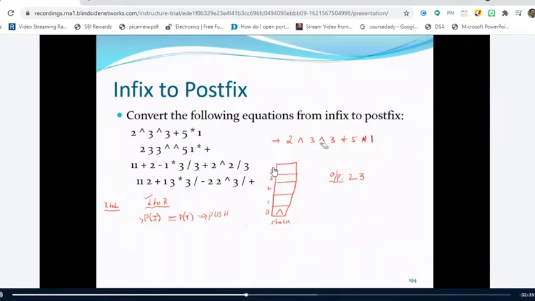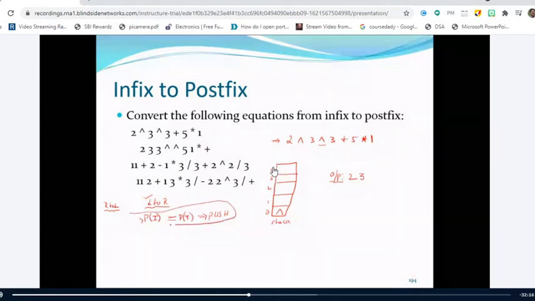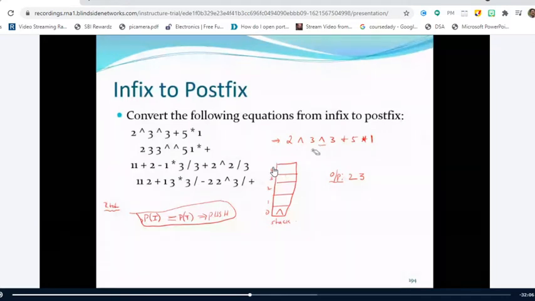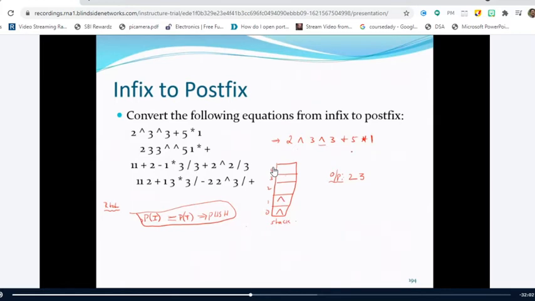So now you tell me, the incoming operator is the exponentiation operator, and what about the top symbol? It is also an exponentiation operator, right? So you compare the priority of the incoming exponentiation operator with the priority of the top symbol. Both are equal. So according to the algorithm, what do you have to do? You have to perform a push operation, right? So don't get confused with the left to right and right to left associativity. Just a small change is required. That's it. So you perform a push operation here.